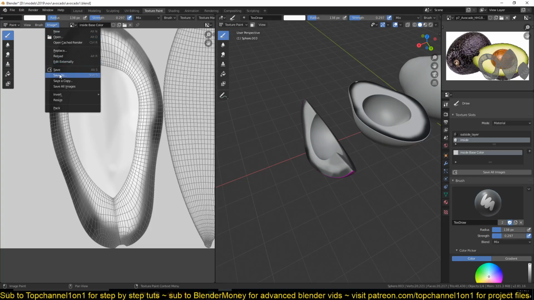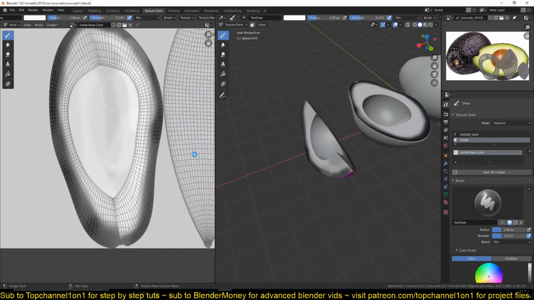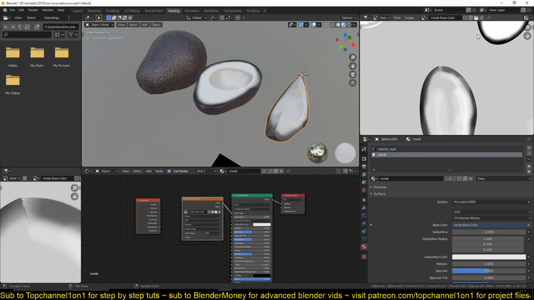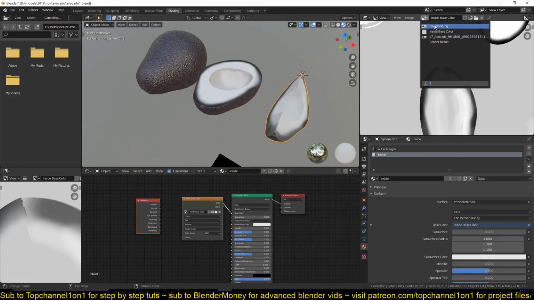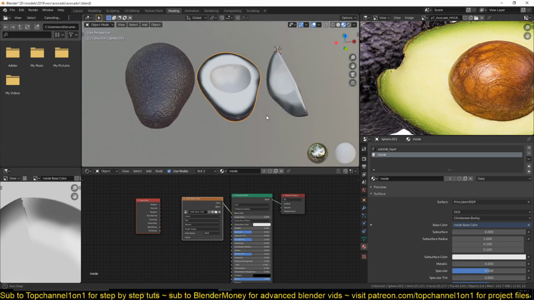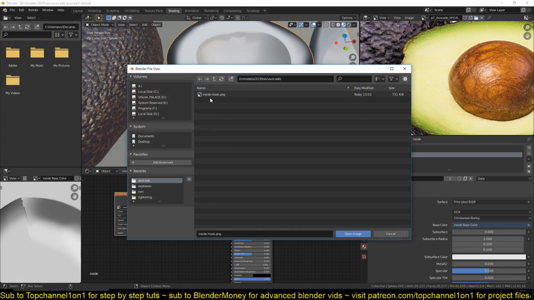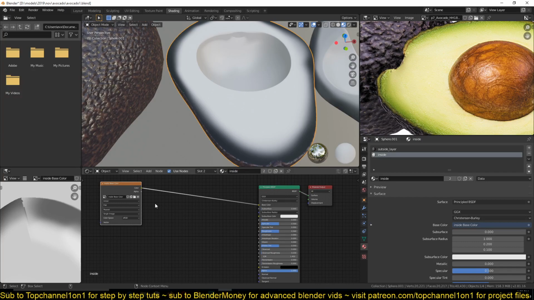We just need to save this as inside mask, and now we can use that as our mask. So let me bring back the reference image here and start using that mask. So we just need to re-import it, and